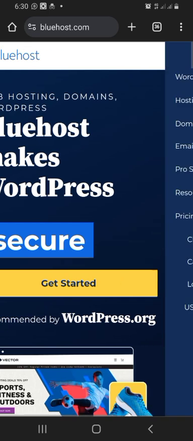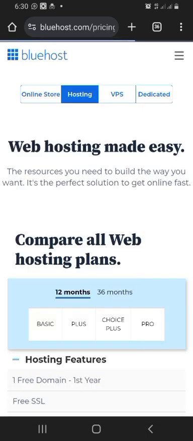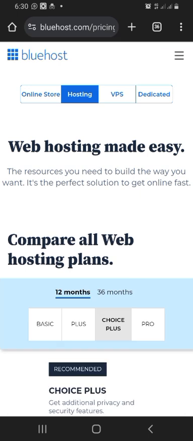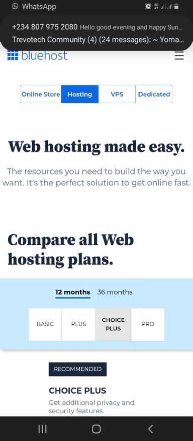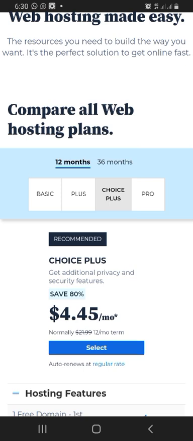So the essence of showing us this now is for you to see the company that carries every website online and shows it to people. There is no way you build a website for people to see all over the world without hosting that website.